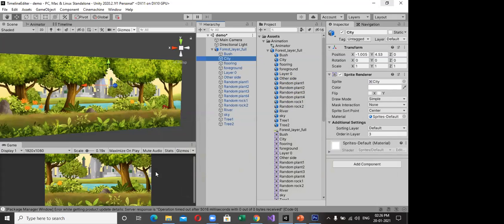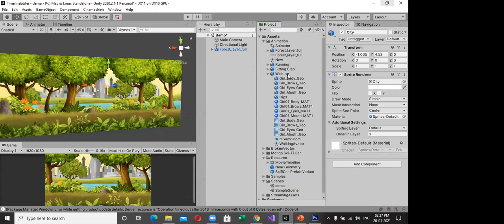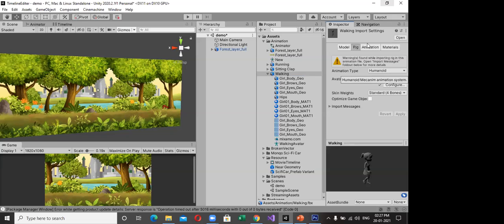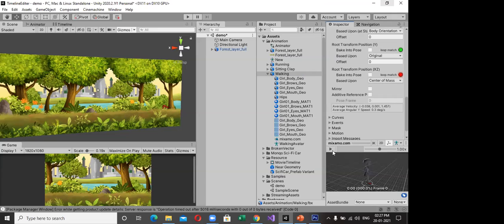Next, we go to animation. In animations, everyone knows that, right? I have two animations. It's a walking animation. First, in rigging, I convert the type to humanoid and change that animation. See that, this is a walking animation.